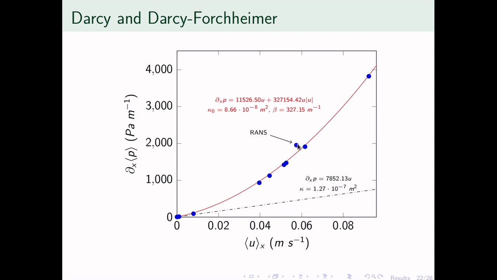You can see here that the point calculated using the Reynolds-averaged Navier-Stokes equations deviates from the predicted line, indicating that the points calculated using large eddy simulations were more consistent with the overall trend, and that's what we saw when we looked at the